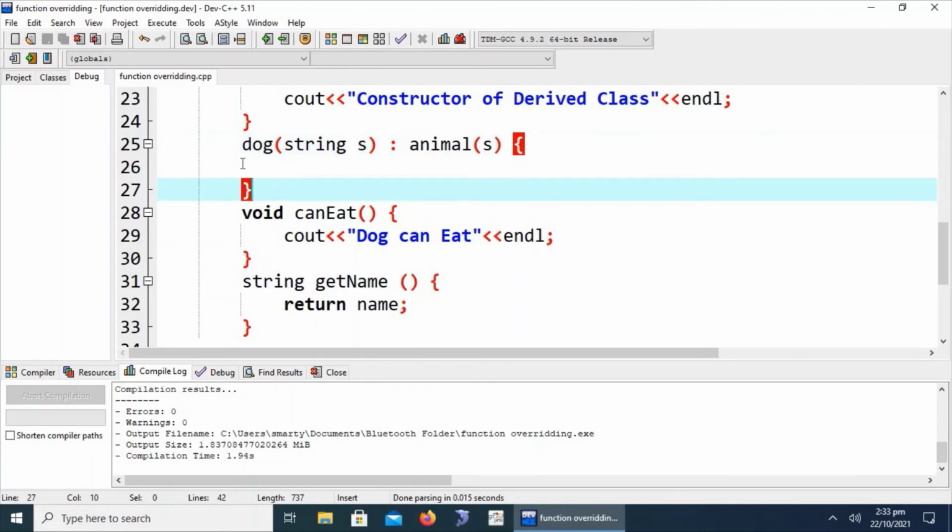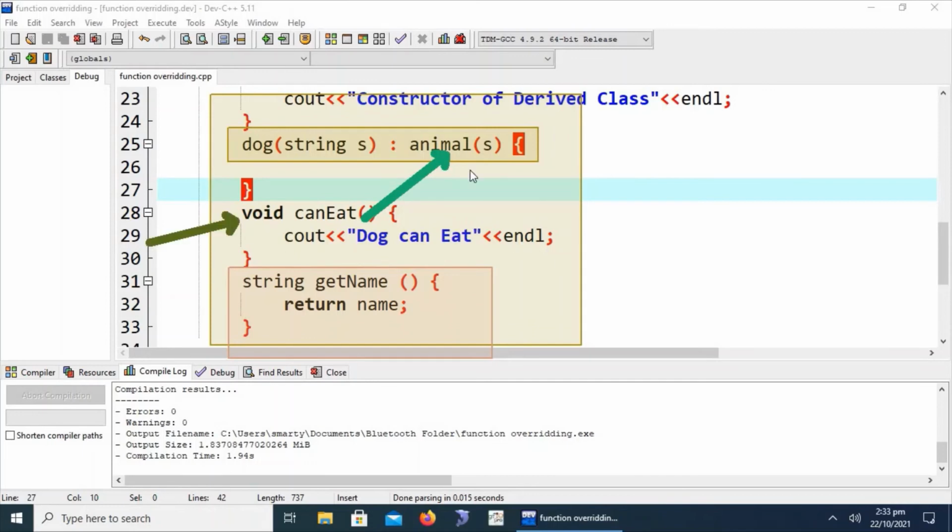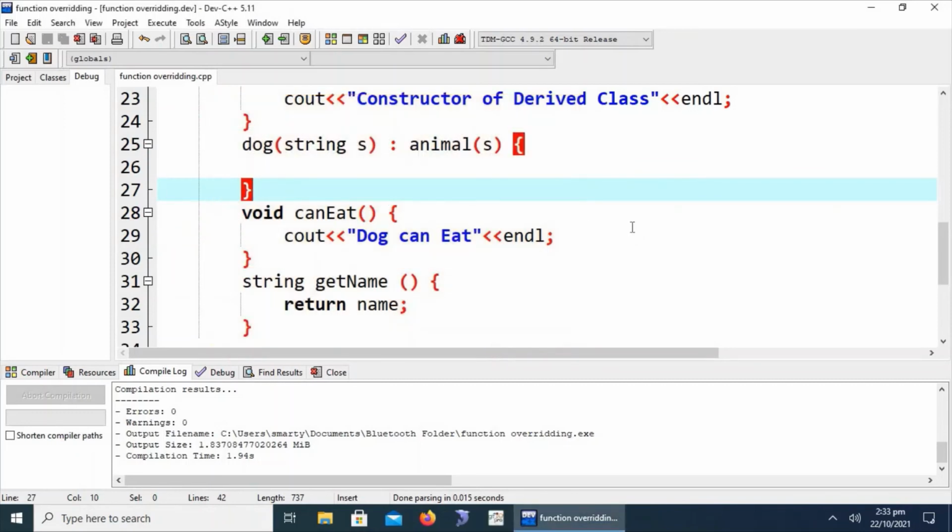This method is called accessing the constructor of the base class. Here is the constructor of the base class that we will have to access. This is setting the name, and this is the override function, and this is the parameter that we have given to the base class parameterized constructor. So let's check it.